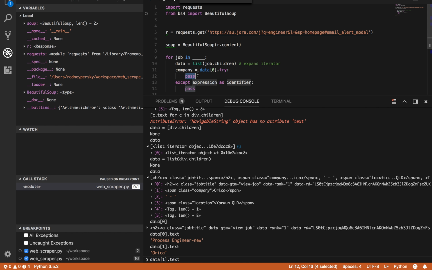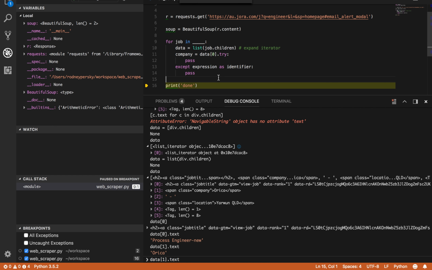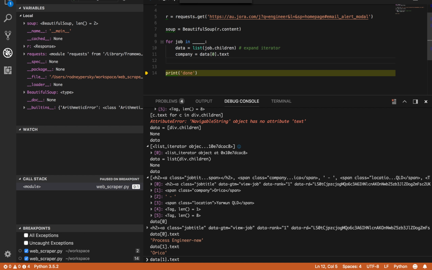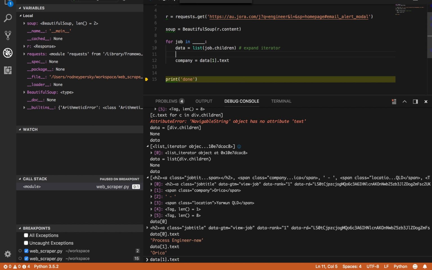We did have autocomplete there, we didn't want to do that. Rather, that's data 1. We have job title is data 0.text. And then we have our job description,